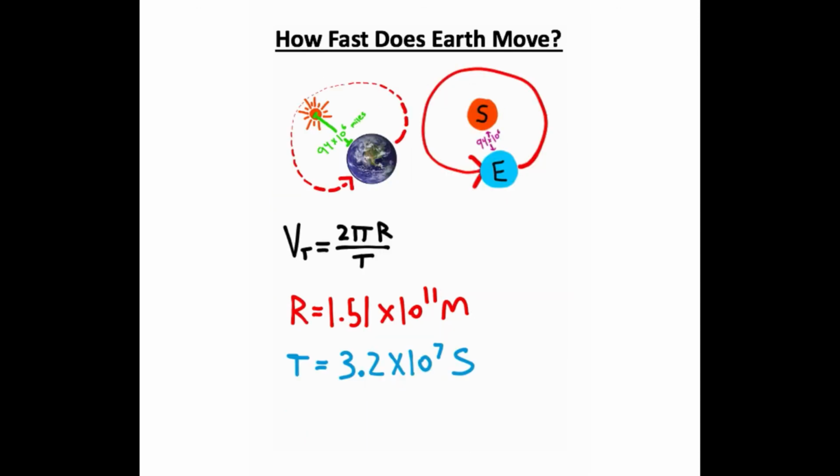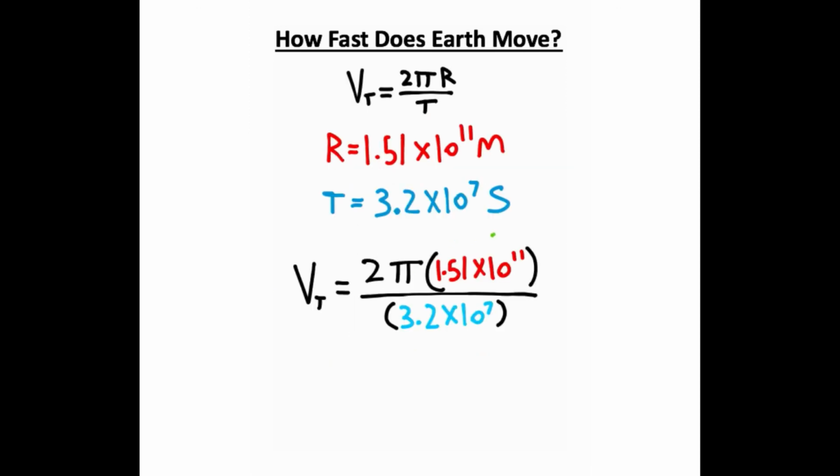So this is what I get for meters, this is what I get for seconds, and then if we bring these back to our original problem, now we can plug this in for radius, and now we can plug this in for period. So I'm plugging these in on the top and on the bottom, and if you type that into your calculator exactly as you see it, you're going to get that the tangential velocity of Earth is approximately